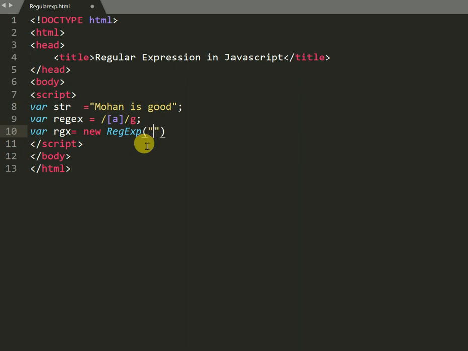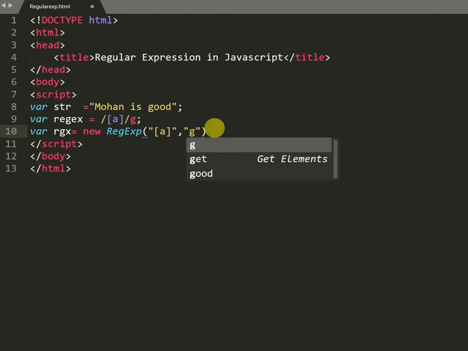Here I need double quotes. So this one is with a literal and this one is with the constructor.